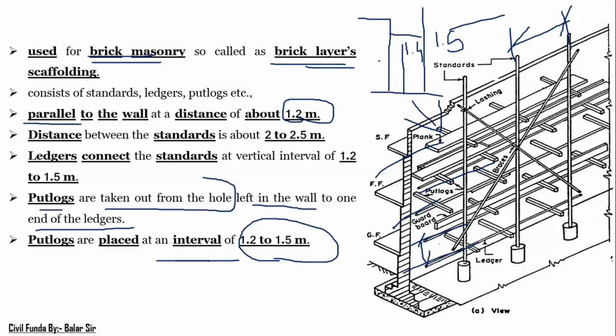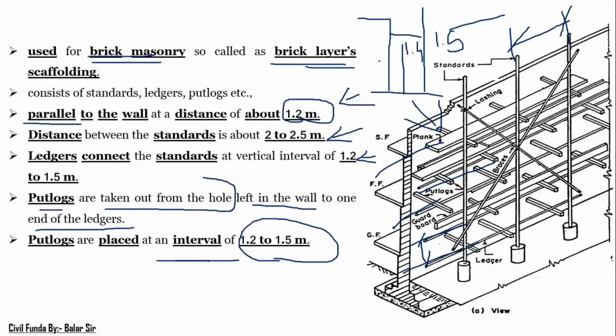Now students, keep one thing in your mind, the given dimensions or numerical digits are only for theoretical purposes. Clear? Because when you visit any site, it is not mandatory to follow each and everything, but for your knowledge you must know each and every dimension. Because if you are a site engineer or contractor and you tell your worker or labor to provide 1.2 meter space and 2 meter space between standards, then from the next day he or she will not come to your site. So it is only for theoretical purposes and for understanding.